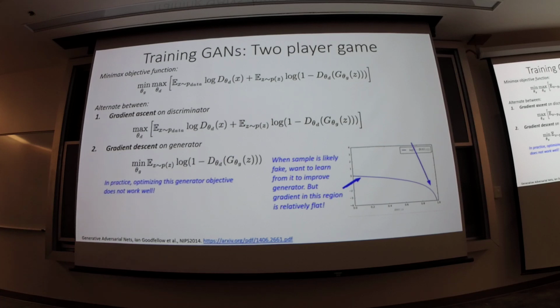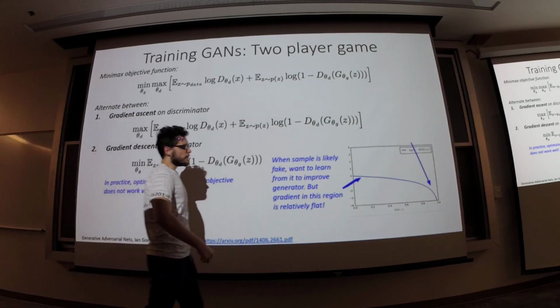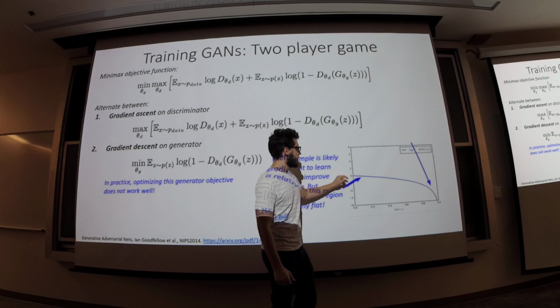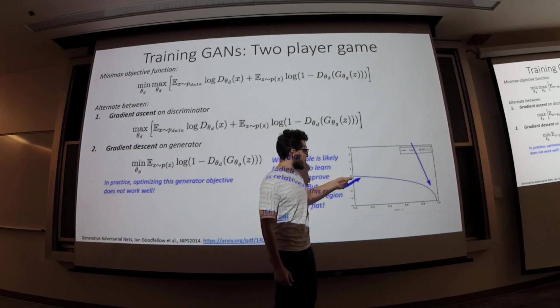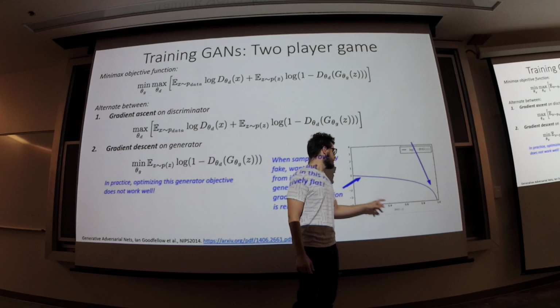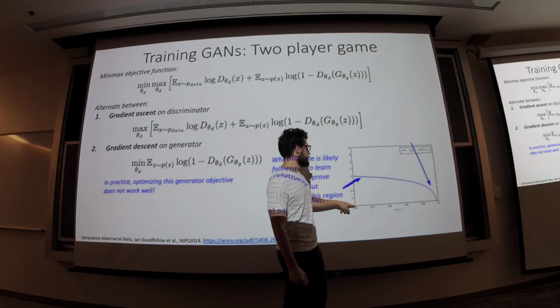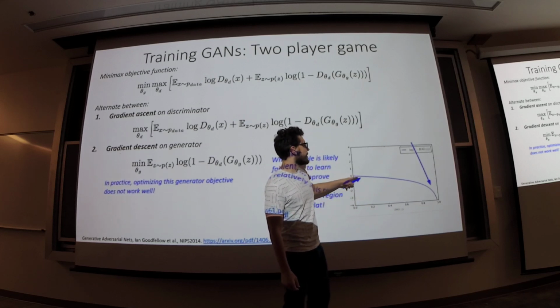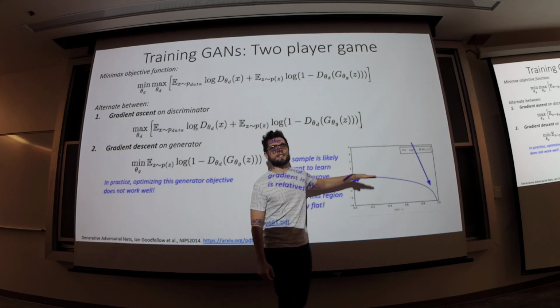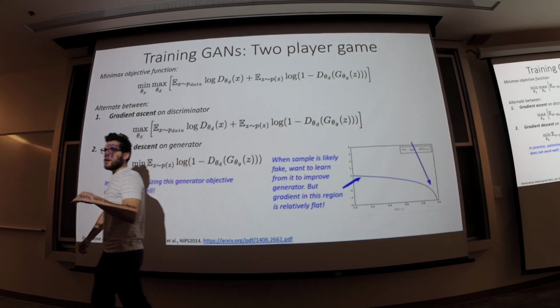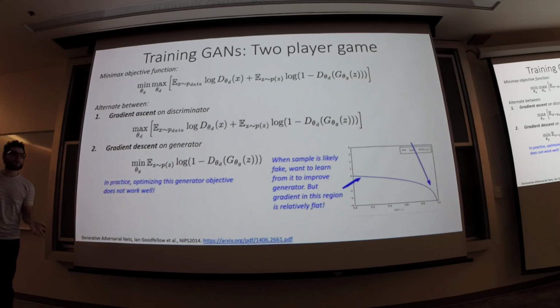So one thing is that if you take a look at this loss function, the problem that we have is that when D(G(z)) is close to 0, the derivative of this loss function is very flat, which is bad for us, because at that point it means that the discriminator is winning, but our